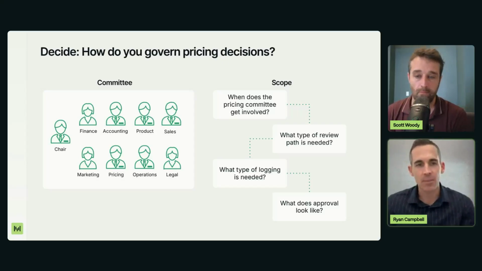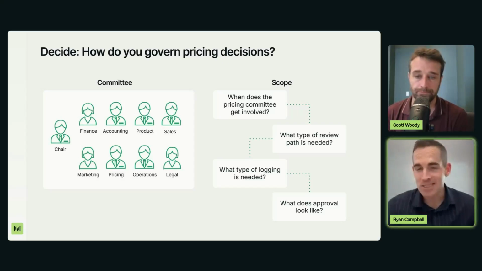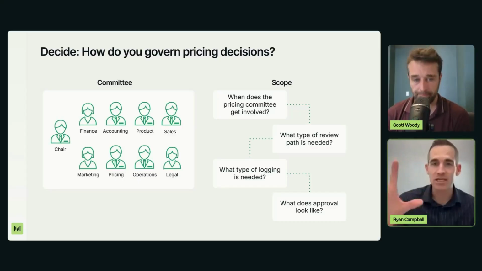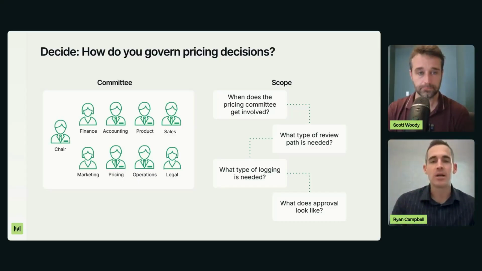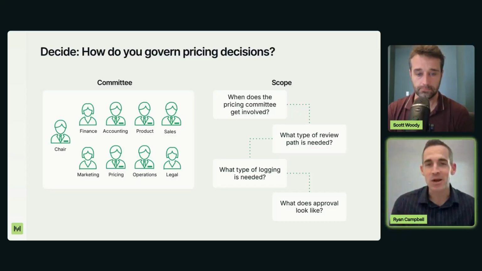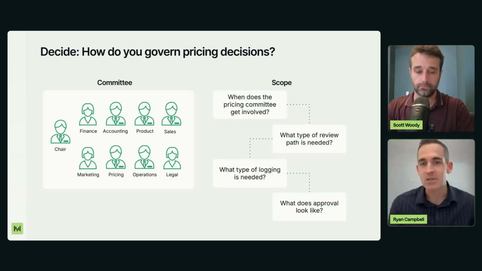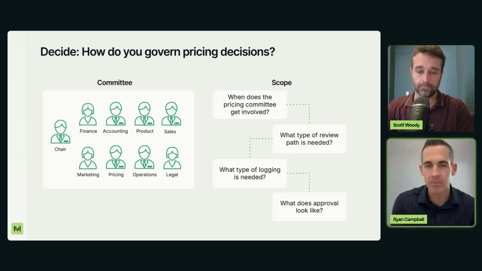So it's everything from making sure the margins make sense, that we cover our costs as they scale, to are we really aligning the way we're pricing it to the value prop and the positioning and the messaging with the customer? Legal wants to make sure that all the terms that we already have in our traditional contracts and terms are all being adhered to, right? So you can understand why it's important to have a lot of people from various stakeholders on that committee.